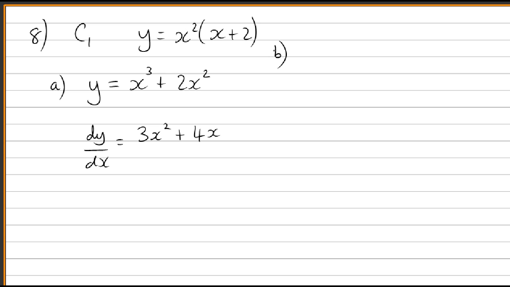In part B we are asked to sketch C1 showing the coordinates of the points where C1 meets the x-axis. So just a sketch, so we'll just draw some axes. Now if we set this to 0, we know that x equals 0, or x plus 2 equals 0, so we've got x equals minus 2. So we've got something going on here and something going on at minus 2. Now x squared, this is a repeated root,